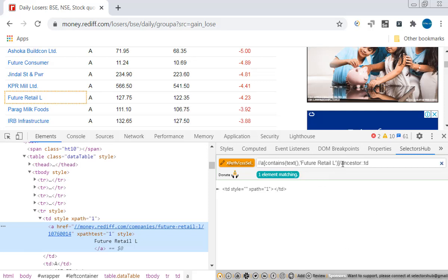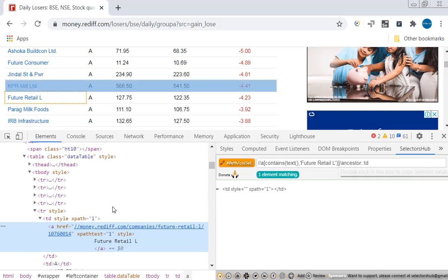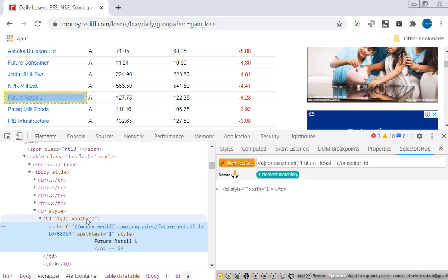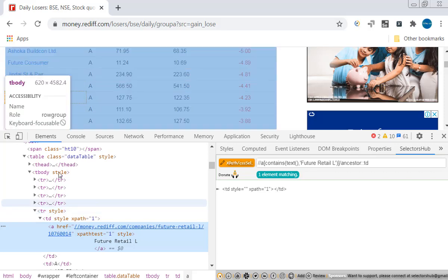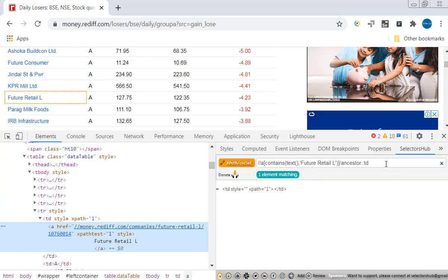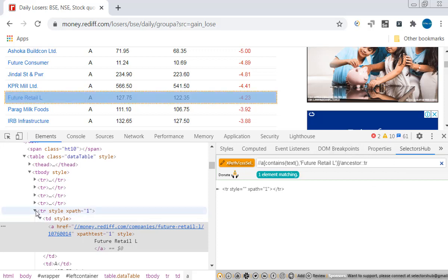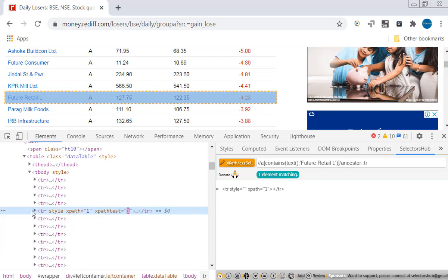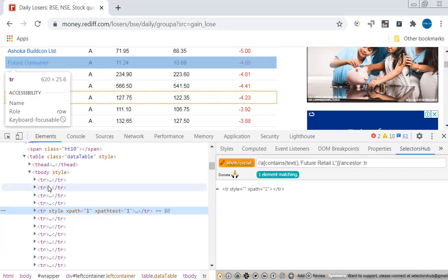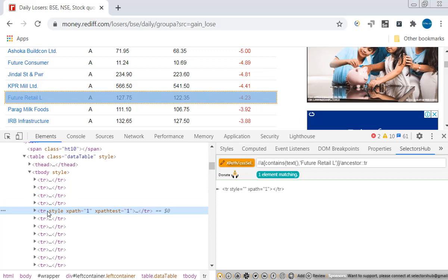Suppose if you look at the ancestor is TD. For this ancestor, either TD, TR, T-body, table, anything is applicable. Let's give table row, TR. The ancestor is table row. So if you look at the table row as ancestor, for a table row, if you look at the table rows, which one? 1, 2, 3, 4, 5.